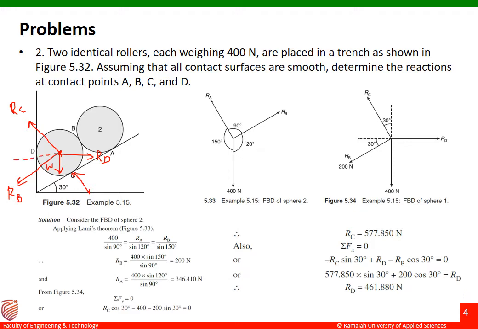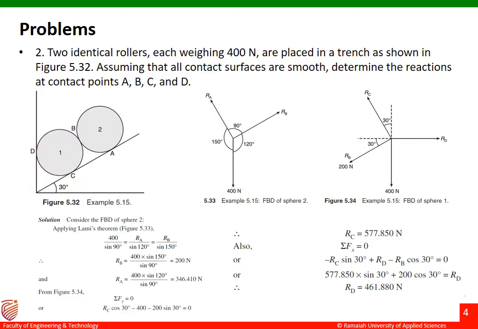So the angle between weight and RD is known. What we have to find is the angle made by RB. Suppose this is 30 degrees, this will also be equal to 30 degrees over here. Fine. So we have to see what is the angle made by this one. This is 30 degrees, this will become 60 degrees if this is the triangle. So this will also become 60 degrees over here. If this is 60, this angle will become 30 degrees. Fine, let us solve this problem.